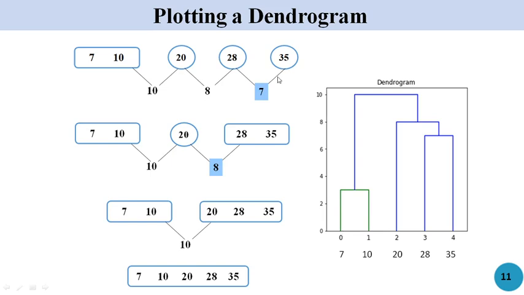In the next step, we found that 28 and 35 are the data points that were combined together with the distance of 7 between them. So here if we see, 28 and 35 are combined together with a distance of 7 between them. And then the same process is repeated in order to complete this dendrogram. So I hope you have understood how to plot a dendrogram. The same thing can be repeated with different kinds of linkage distances as well. So this one was plotted according to single linkage. The same thing can be repeated for complete linkage or any of the other types of linkages.